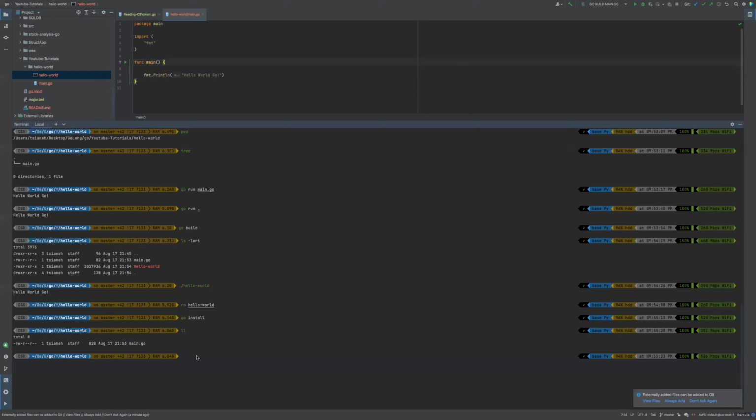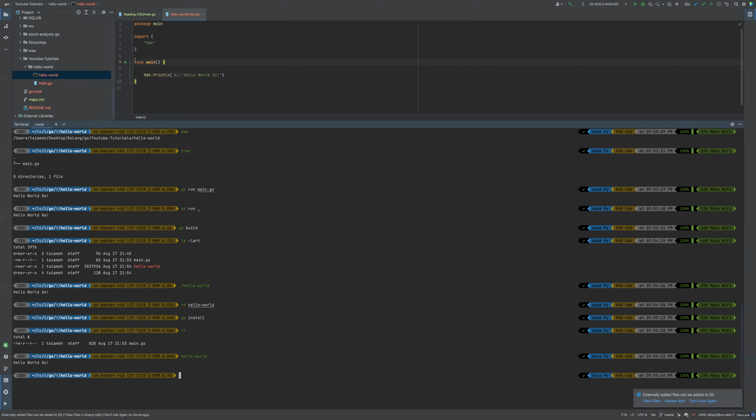But once I do Hello World and then run it, you see, here's the output again. So these are all the possible ways you can run your Go application from the terminal